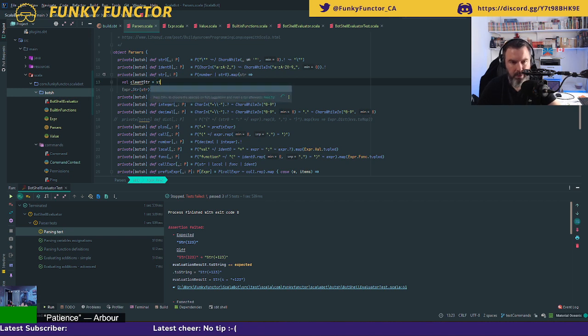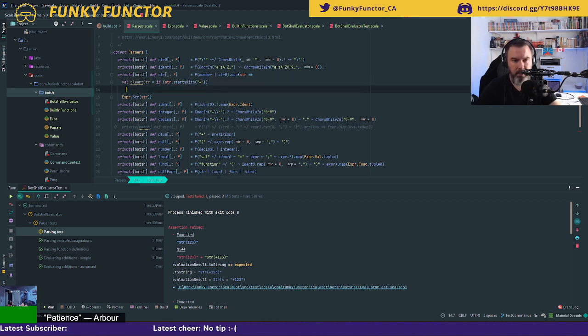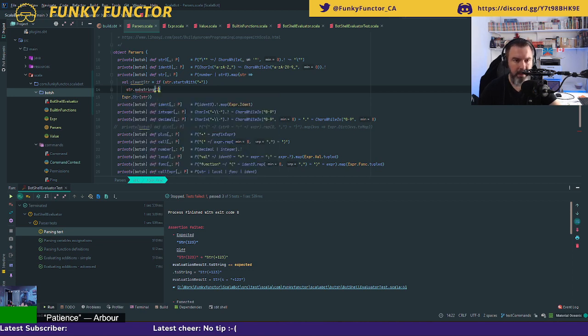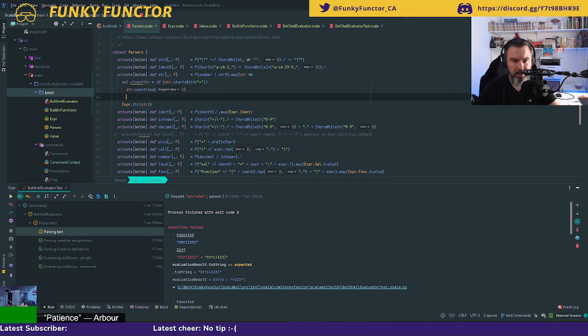So let's do if str starts with a plus, then in that case I want to have str dot substring. So I want to start at index 1, otherwise else I want to have str. And right now the expression that I want is going to be clean str or clean str.